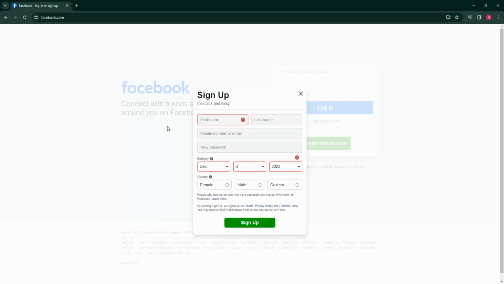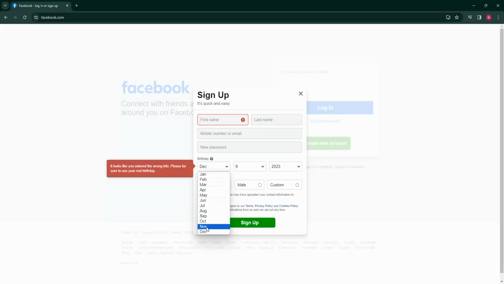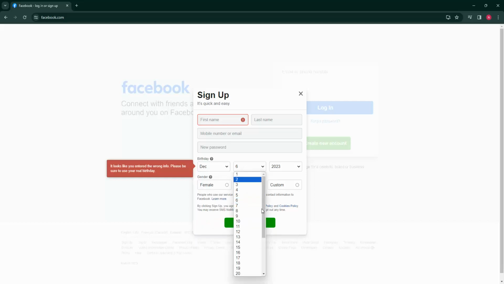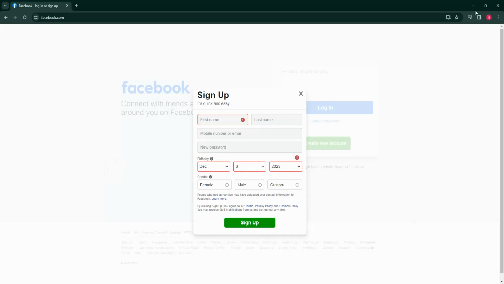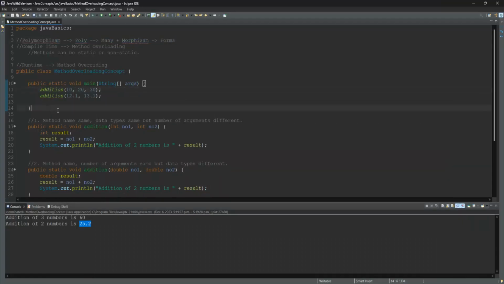Now here, this December if you pass, that's called a string. And this 6 if you pass, that's called an integer. This 2023 if you pass, that's called an integer. Or 2022 or any year if you pass, that's called an integer. So now you will be creating two methods,